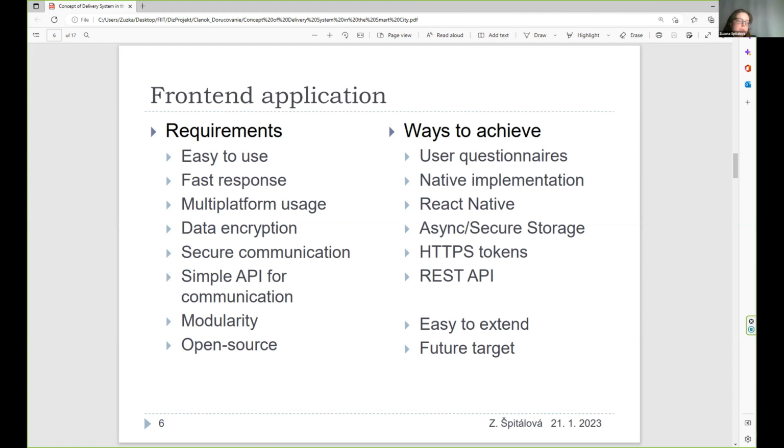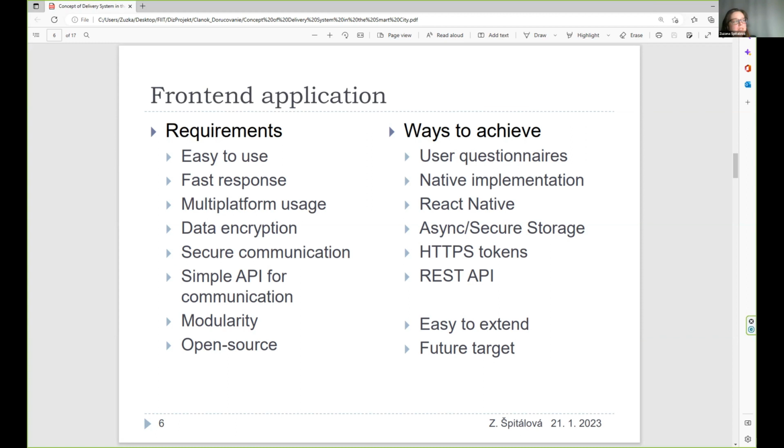So as we can see on the slide, the first one is the easy usage requirement. This we were able to achieve by questionnaire related to the navigation between screens. So according to this information, we were able to design that.